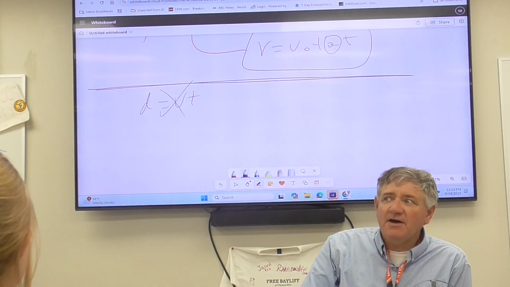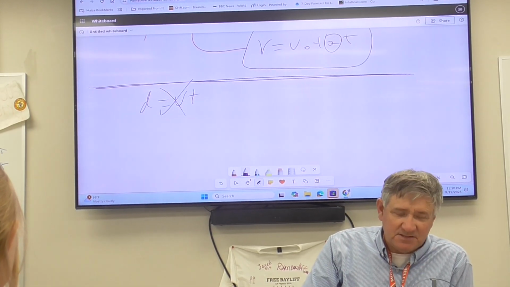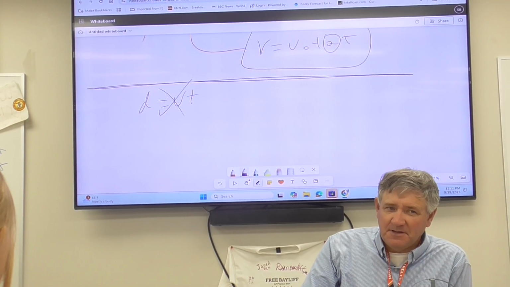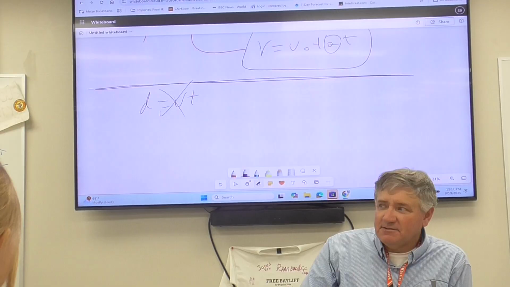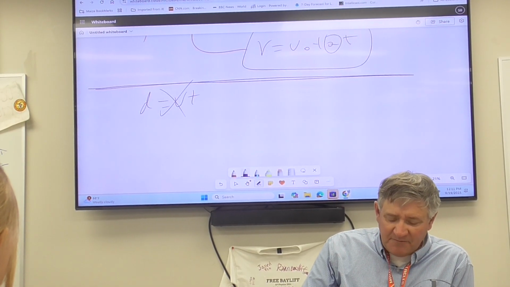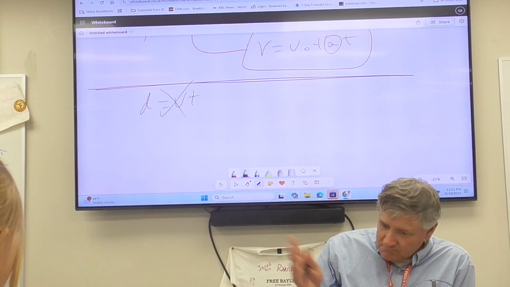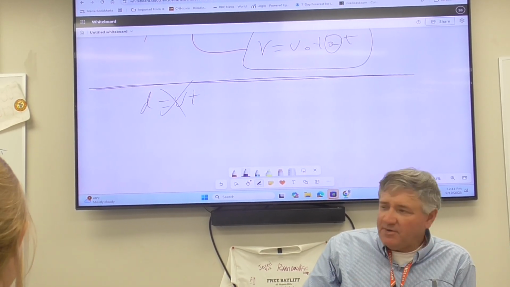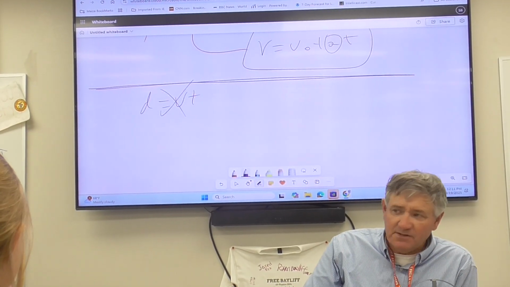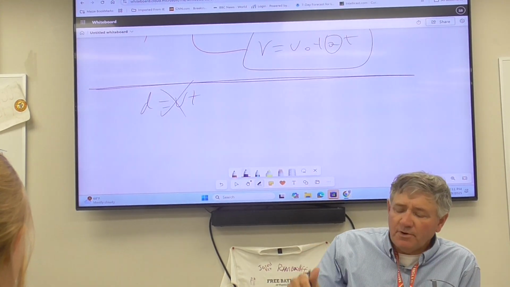Don't. Every acceleration problem is going to be one of two things. What's the only thing I can do on every acceleration problem? Speed up or slow down. If you're slowing down, what do you know about velocity and acceleration? One's going to go one way, the other one's going to go the other way. They're going to have opposite signs. If you have positive velocity, you have to have negative acceleration. No exceptions to that rule. None. Zero, zip.